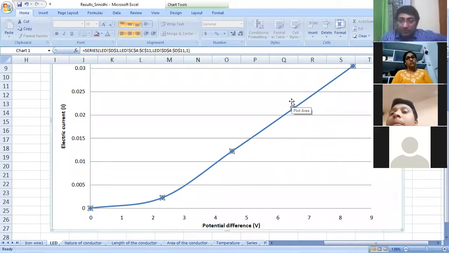Once we come back from the break, we need to discuss what's happening inside the LED to make it non-linear. Why are the electrons not moving steadily? Why is there a lot of disturbance within that LED? We'll analyze that, and then we'll move on to the next concepts. So let's go ahead with the break.